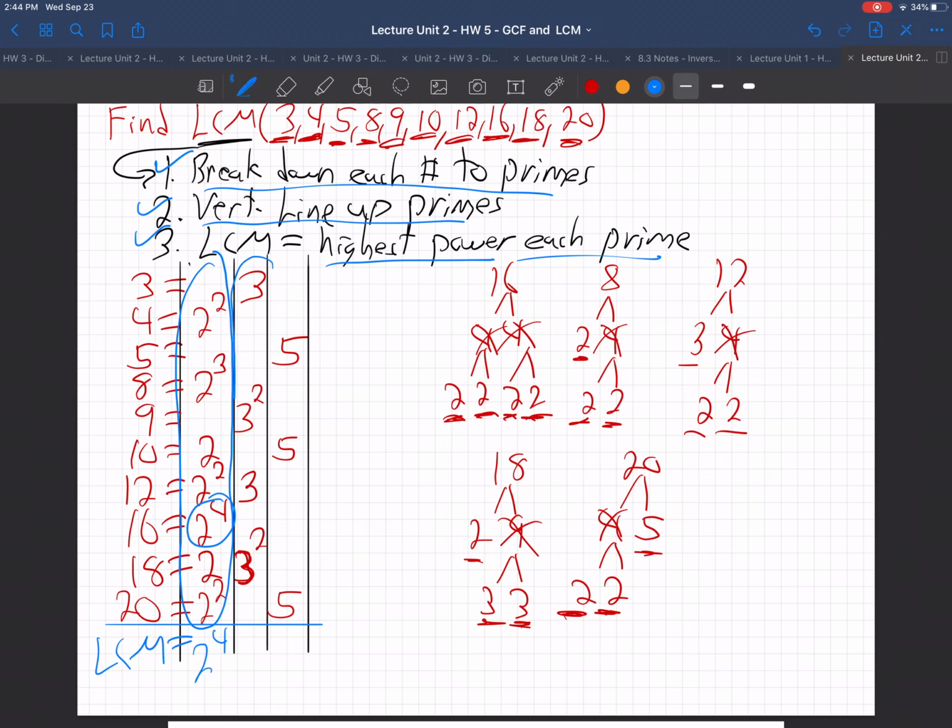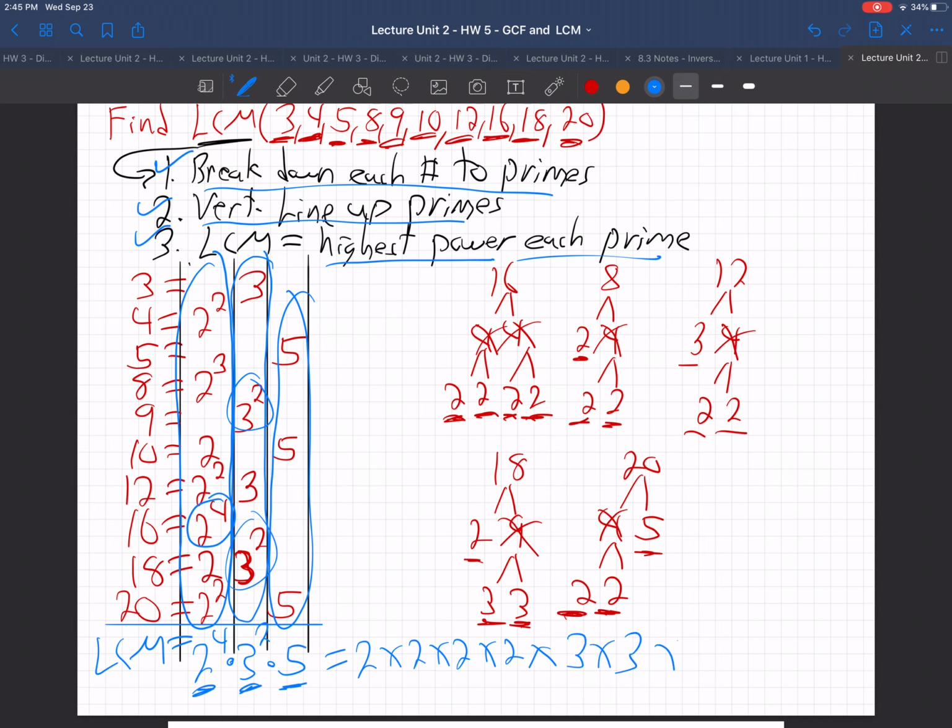Next come the 3's. As you look at the 3's column, what's the highest power you see there? 3 squared. Right, here and here. And when it comes to 5's, what's the highest power you see? Just a regular 5. I don't see any higher powers. So the LCM will equal 2 to the 4th times 3 squared times 5. Just use your calculator, right, and multiply those together. 2 times 2 times 2 times 2, 2 to the 4th. Or you can use the power button, times 3 times 3 times 5. So I'm getting